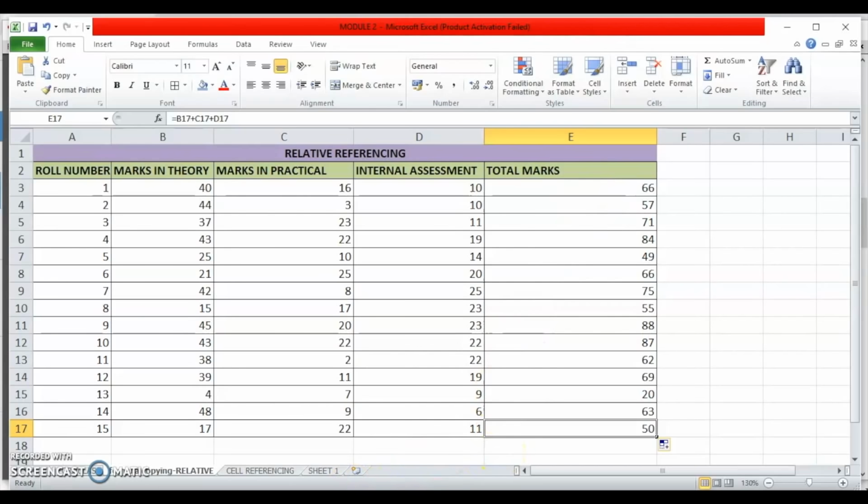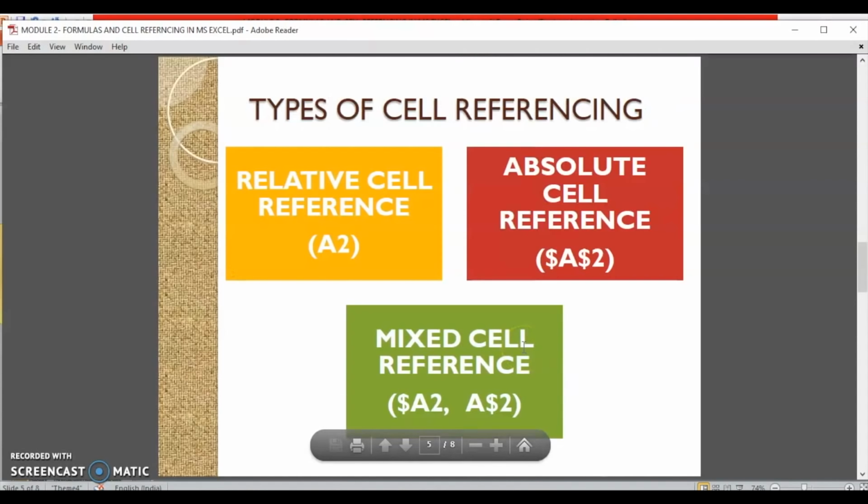Now Excel has other kinds of references also. Let me show you. There are three types of cell references in Excel. Relative cell reference, which we've already seen how it is done. We also have absolute cell reference, where both the column and row position are fixed. Relative cell reference is the default, where neither the row nor the column position is fixed. So when the formula is copied to other cells, the references adjust according to the new position, just as you saw in the example that we just did.